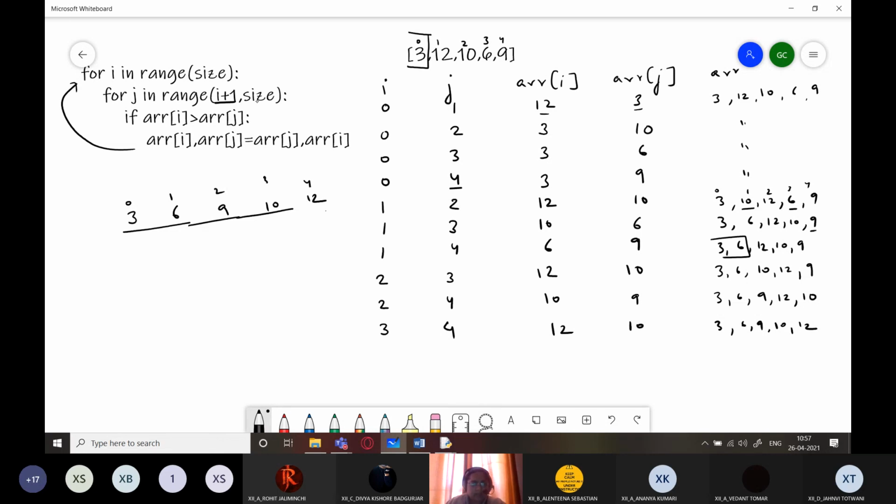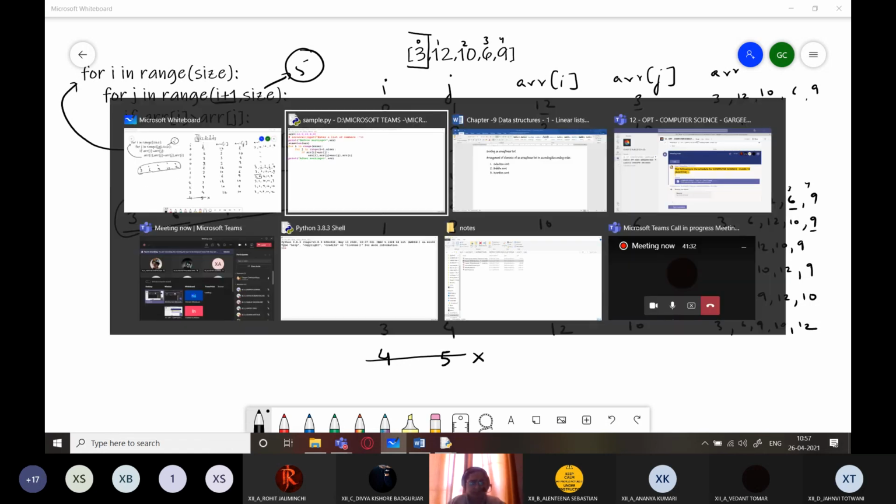And now I was supposed to take a value still size, right? You can also write size minus 1 over here if you want to reduce one iteration. So I have taken it already. So I'll go to 4 and now there is nothing over here, because if I plus 1 has to be 5, size is also 5. So in the last iteration, this loop will not work because stop value is 5 and start value is also 5, which is impossible. So the last iteration will not be there. Your array will be sorted.